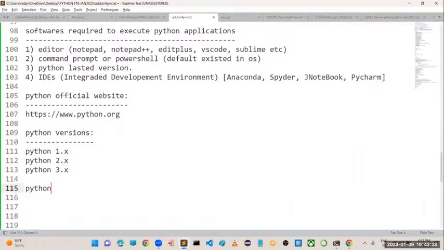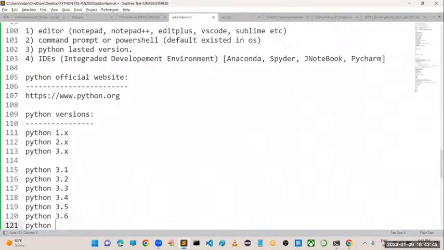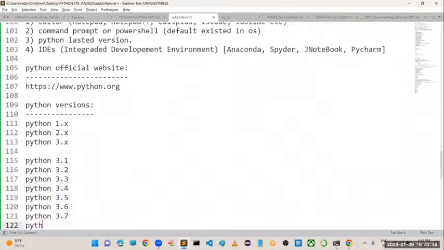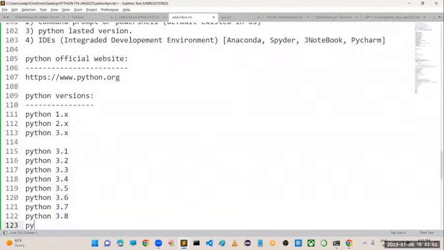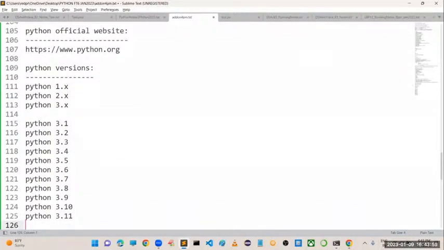In Python 3.x, 3.1, Python 3.2, 3.3, 3.4, 3.5, 3.6, 3.7, 3.8, 3.9, Python 3.10, and the latest version is Python 3.11.